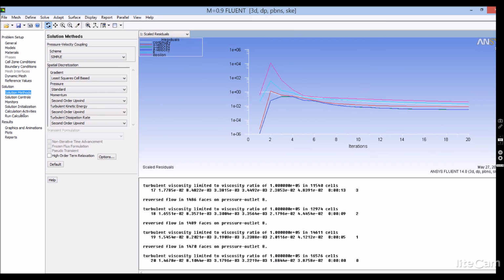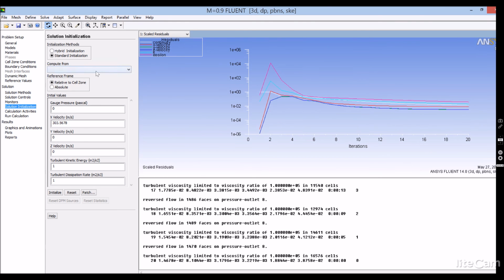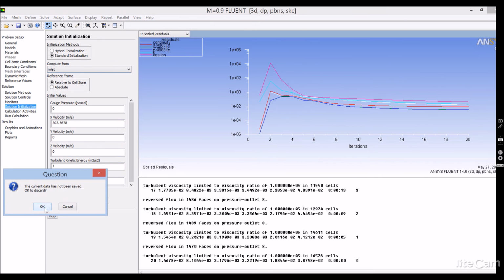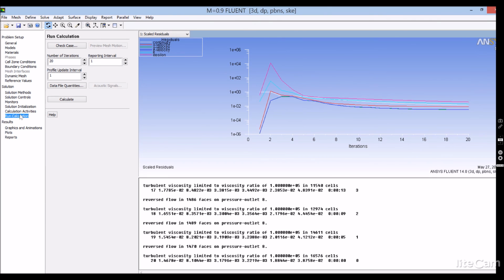You can also just initialize from inlet, and okay, and then you can just increase the number of iterations and calculate. I'm not going to do 1 hour of simulation here, and yep, that's the end of